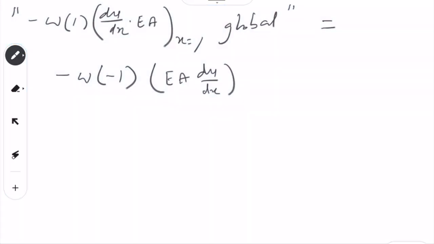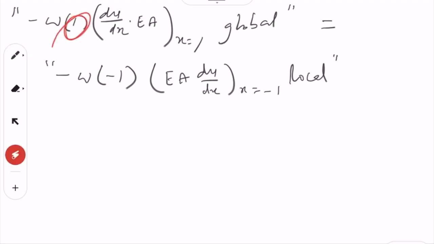Okay, and this we call something else, so we should write that also. So this is x equal to minus 1 in local. This is in the local system. So x equal to 1 in the global system, x equal to minus 1 in the local system, is the same thing. Okay. And this thing we call it minus of F11. So equal to